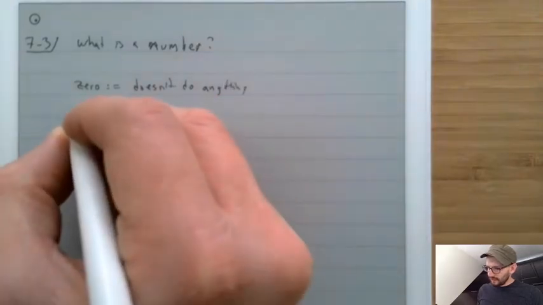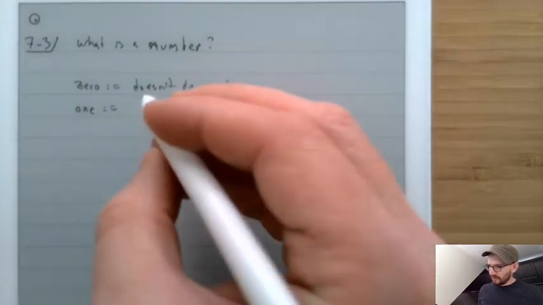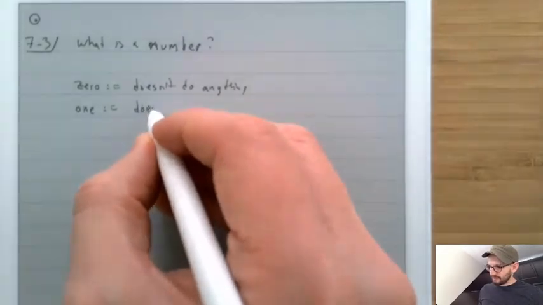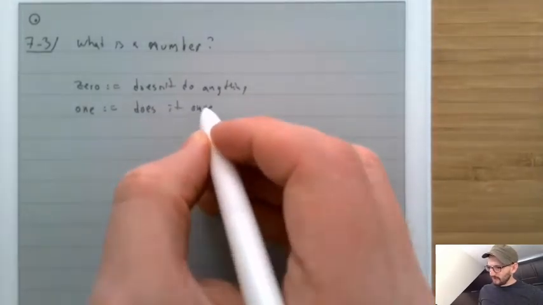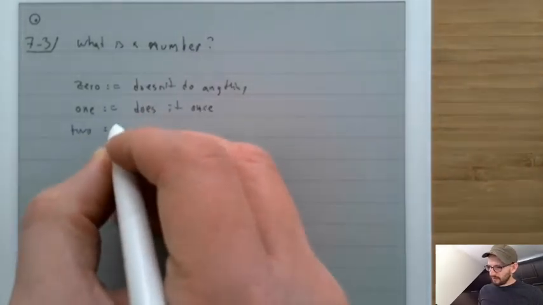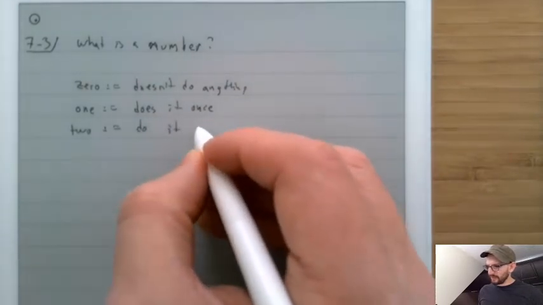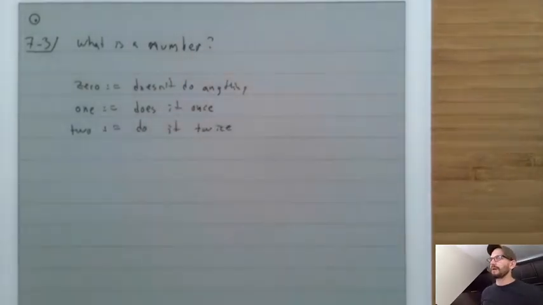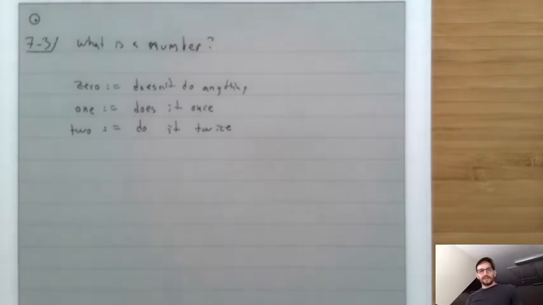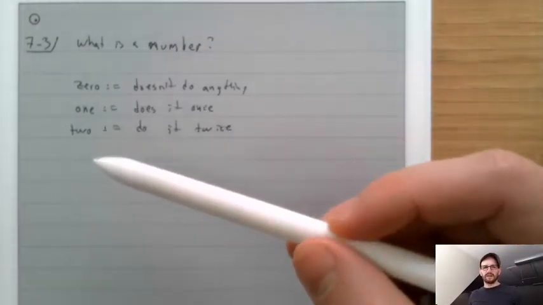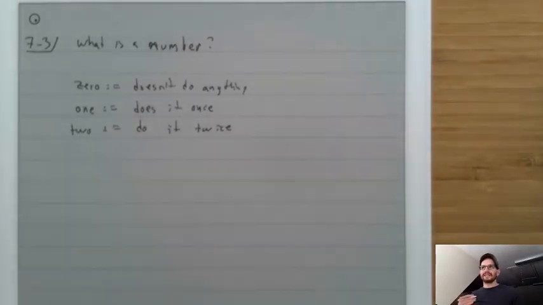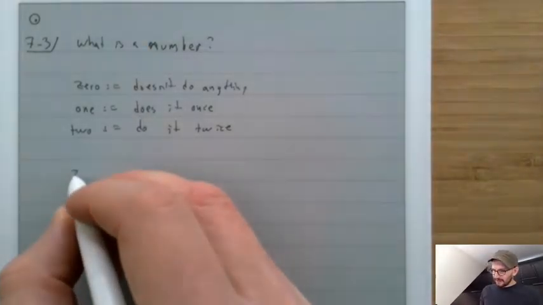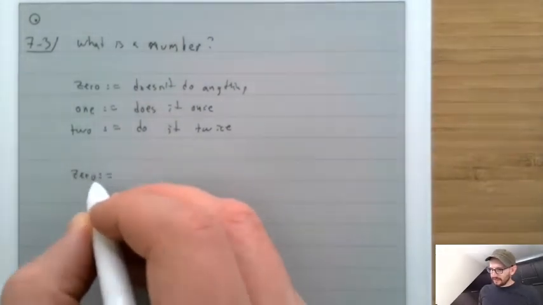And 1 would be something that does it once, whereas 2 would do it twice, for instance. Okay. So if that's the way to think about what they are, that they encode the idea that you can do something multiple times, that basically tells us that they need to be functions